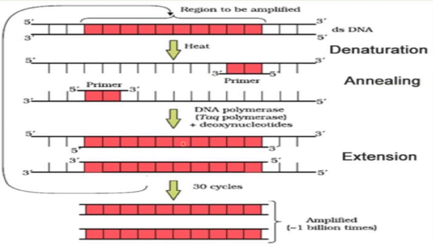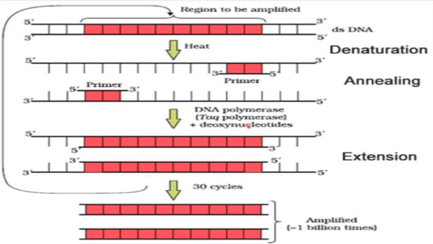And a specific type of DNA polymerase is used here. Name of that DNA polymerase is Taq polymerase. Now this Taq polymerase is a specific type of DNA polymerase which can resist very high temperature. Because during the denaturation step we are keeping very high temperature, so this Taq polymerase can resist that temperature. And this Taq polymerase enzyme we are getting from a bacterium, that is Thermus aquaticus. From that bacterium this Taq polymerase is isolated for this polymerization step of PCR, right?